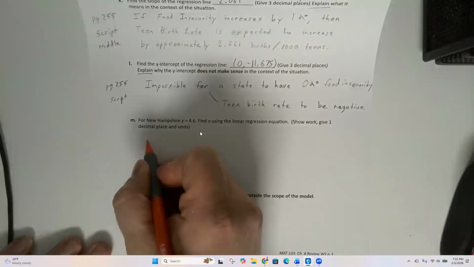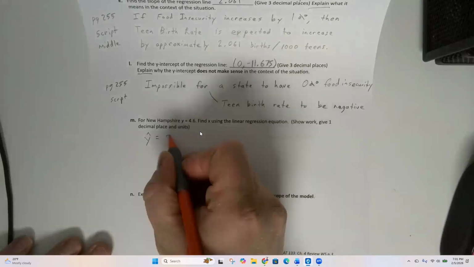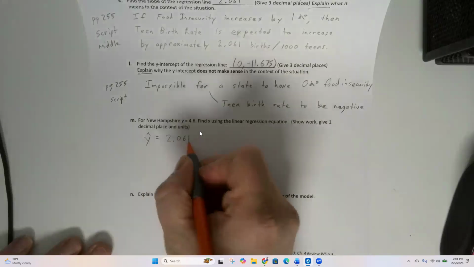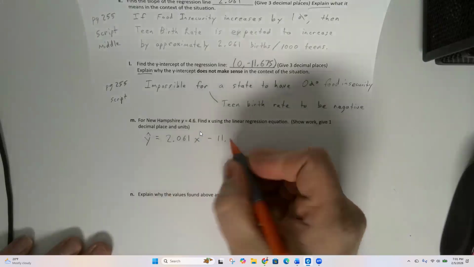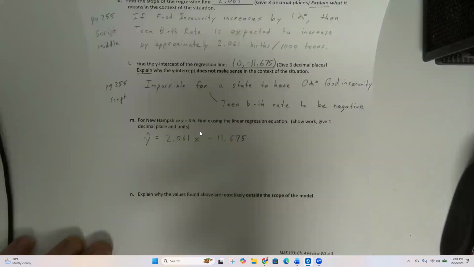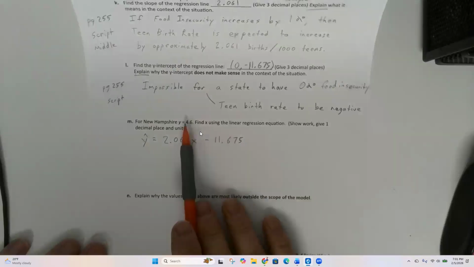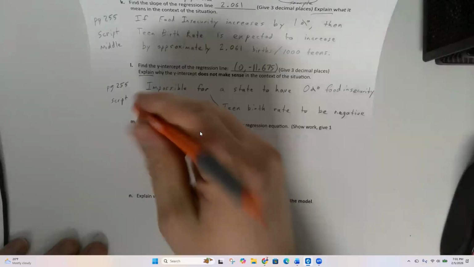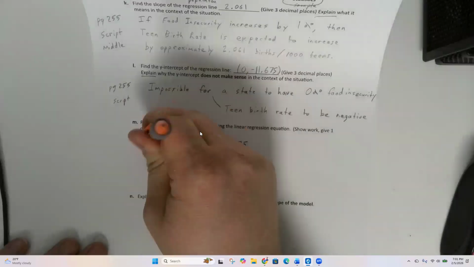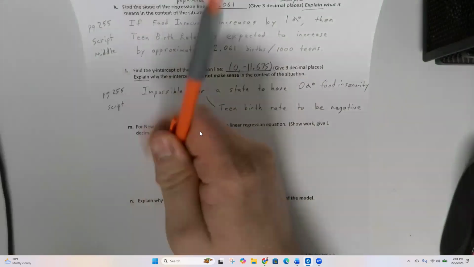So let's write out our equation. Y hat equals 2.061x minus 11.675. Okay, so that's the equation we have, and they gave us y. Now, actually, they gave us the actual y. So like I said, I'm not going to worry about whether it has a hat or not, but they gave us y in this case,